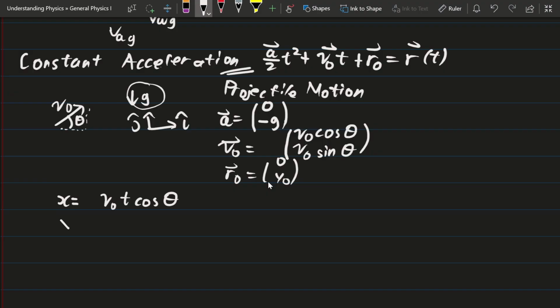Okay, and then the y will be y0 plus v0 t sine theta, and then there's the negative g over 2 t squared. Okay,